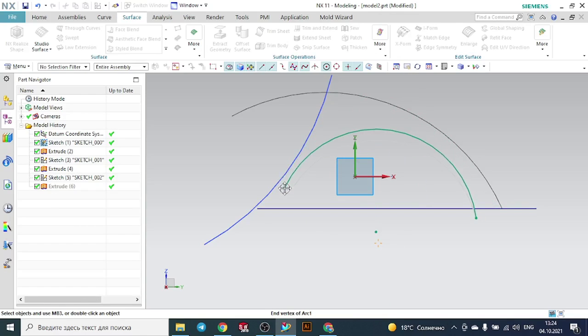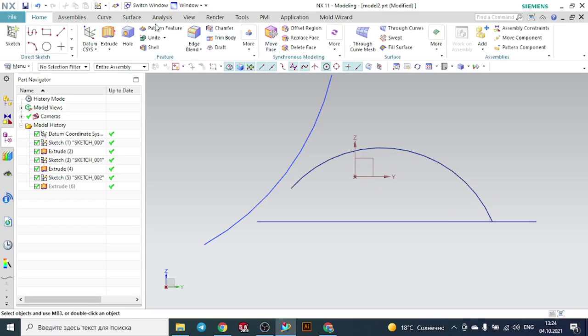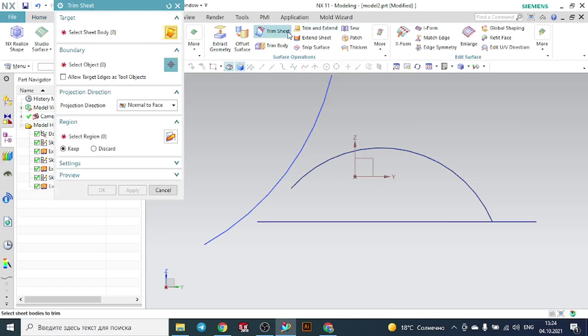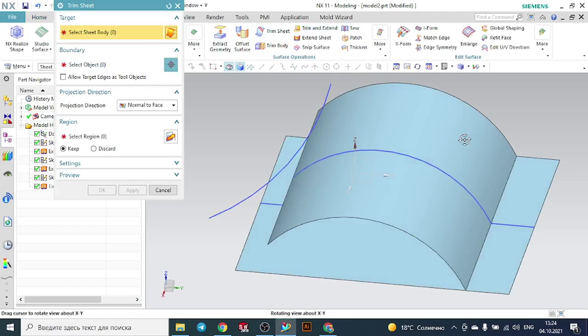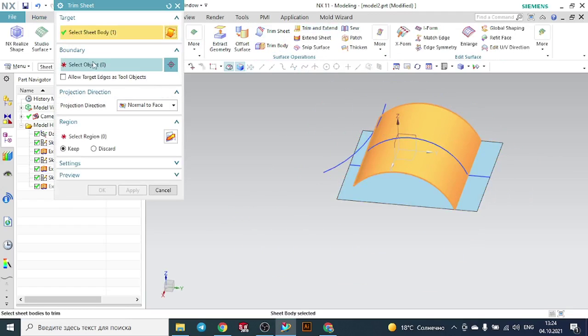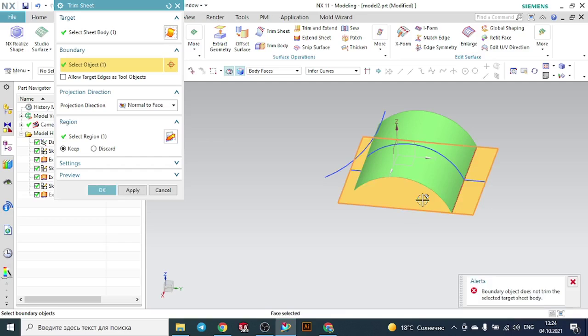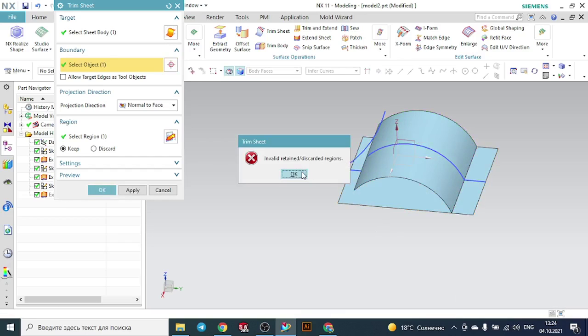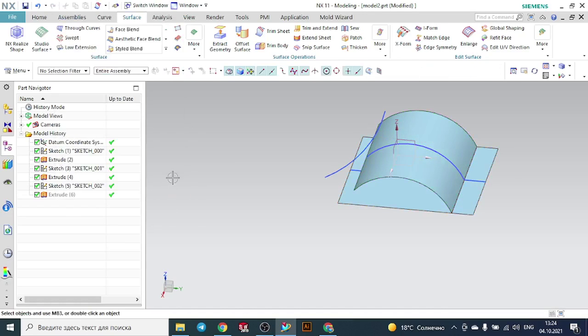It should be like this, and it should exit from this side. Surface, trim sheet, select as a target this one and select this one. No, okay, in this case let's